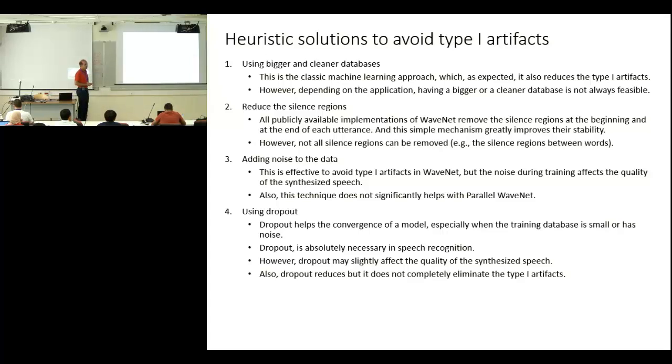Another heuristic solution which works, and I have seen it in many papers, is adding noise to the data. For example, put a little bit of noise in the input data, and as the training goes on, reduce the amount of noise. That does not allow segments that have variance close to 0, so as to push the predicted scale parameters to become very small.